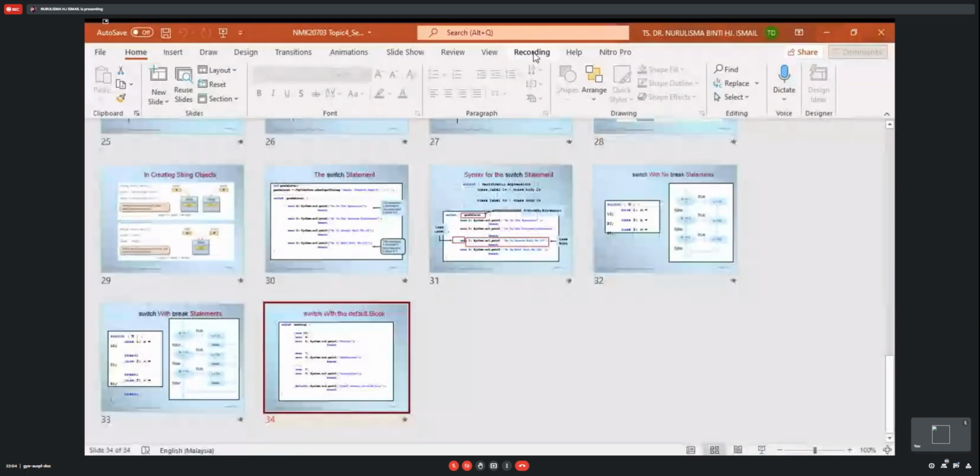So we have already finished the selections. Tomorrow we will continue with the repetition statement, and hopefully if we can continue for the green